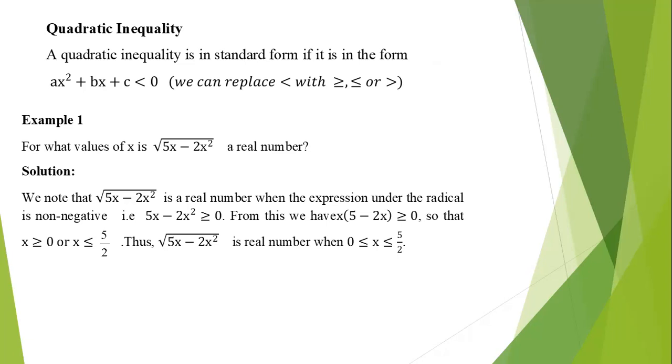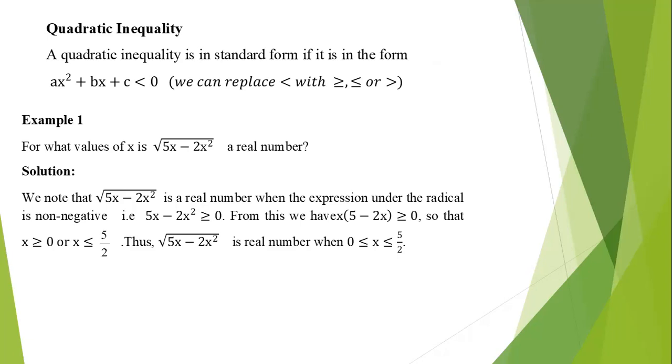Now look at it. When you say x is a real number, that is greater than or equal to 0. Now I have this, then when I solve, I have greater than or equal to, and I've told you, you cannot combine greater than or equal to, but you separate. What it means is that the square root of 5x minus 2x squared is less than or equal to 0,